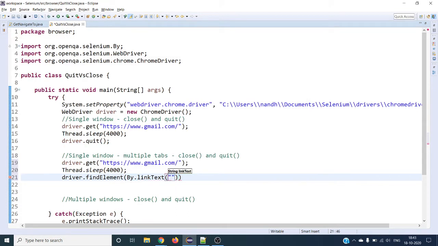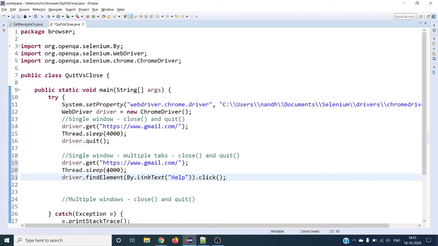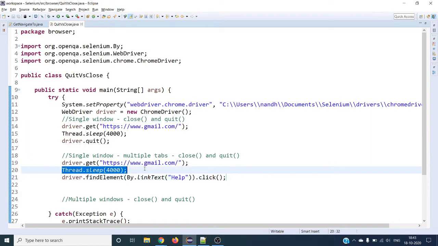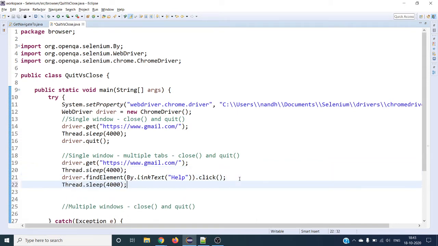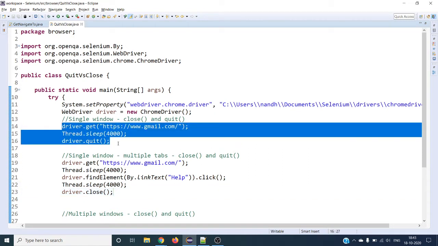The text will be Help, and it should be given case sensitive. Then click. It is going to open in a new browser tab in the single window. Then I'm going to use driver.close first. I'm going to comment this part.